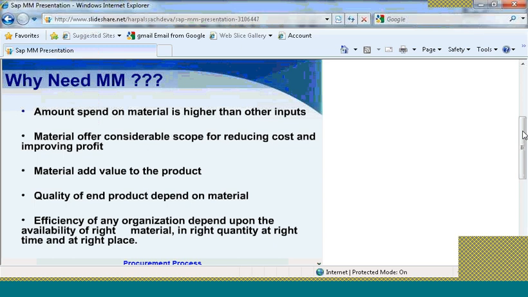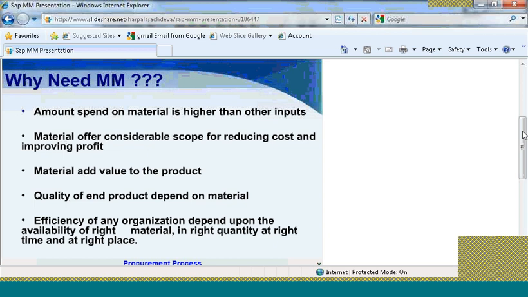Second main reason is because material offers considerable scope for reducing costs and improving profit. So a material is giving you a scope for reducing your cost and improving your profit. The third important point says material adds value to the product.